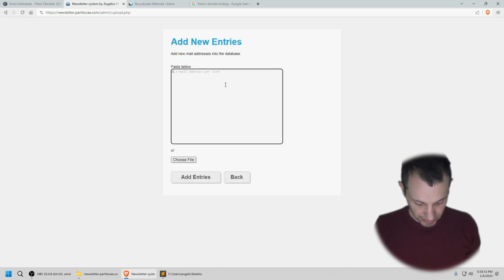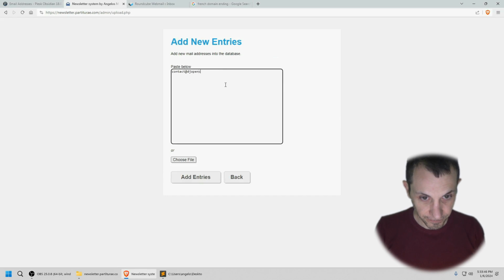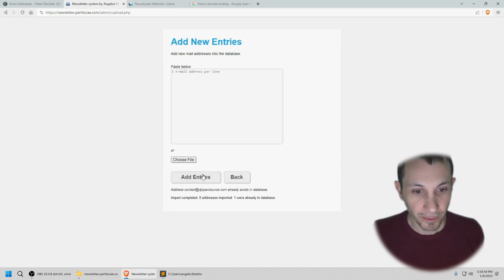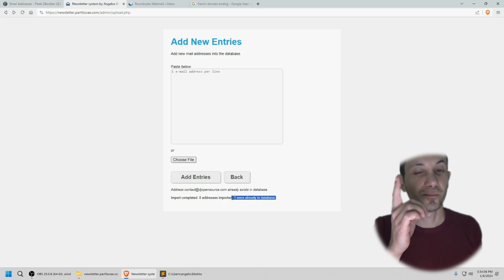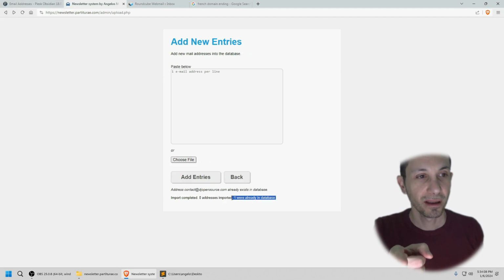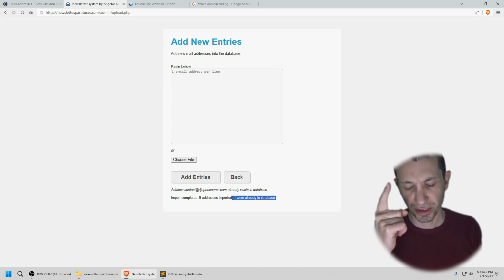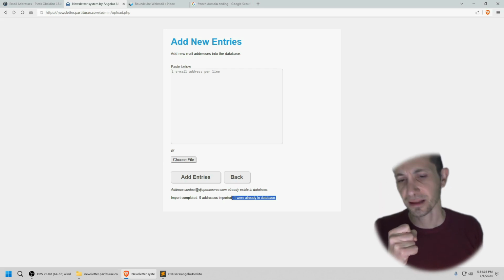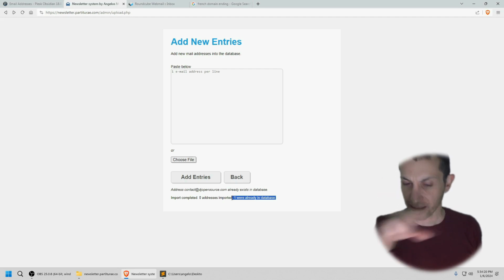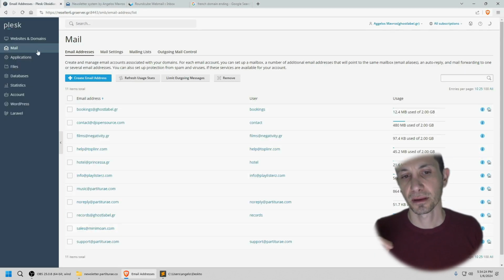Let's add this email again because we are going to need it. One already in the database? What? You saw now it said one already in database because although the user unsubscribed, his email address is still in the database. I programmed it in a way that on the database the email still exists, but it says unsubscribed by user.